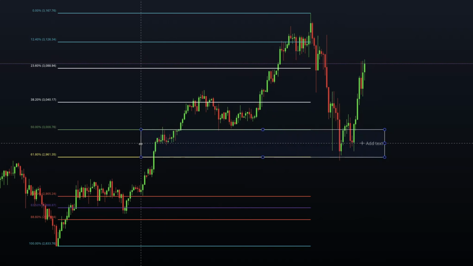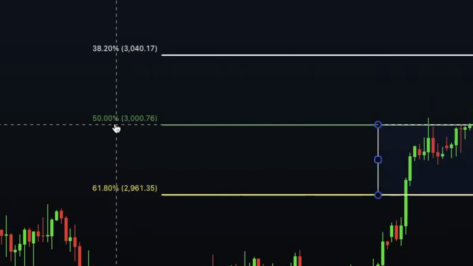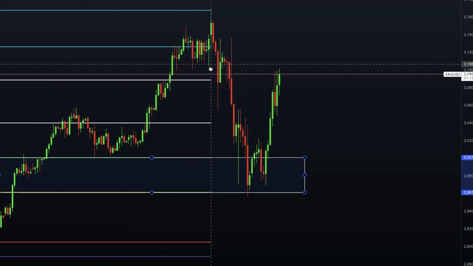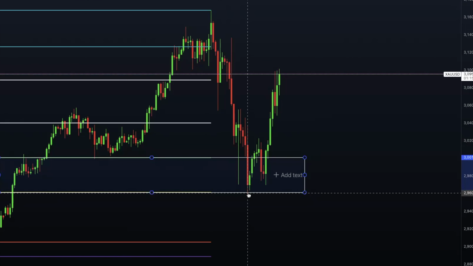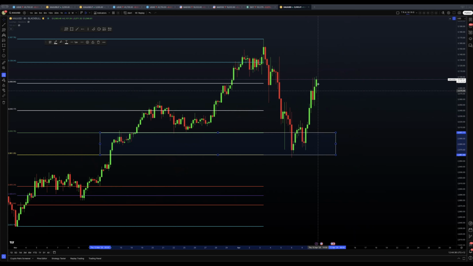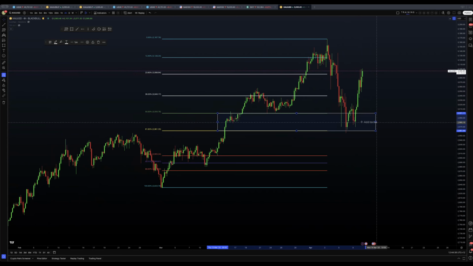So if I just do that and highlight the zone, what happened between 50% and 61.8? Well, price from that ultimate high pulled all the way back to 61.8, maybe 62%, and gave us a bit of a big double bottom in here, big W pattern, and then shot out. And so that is a tool I will often use if, for instance,